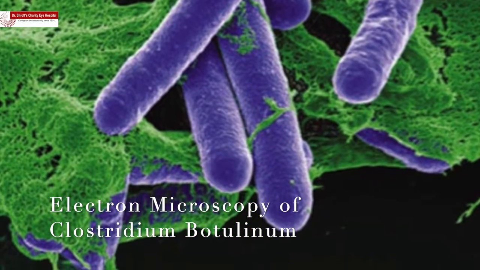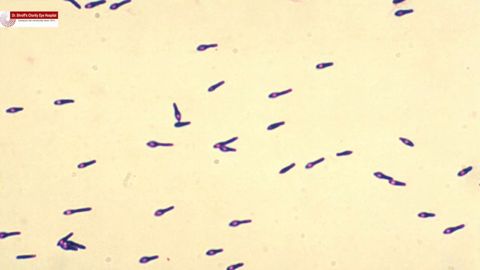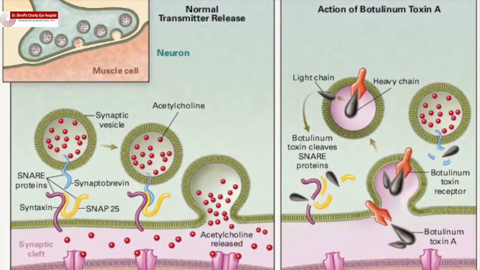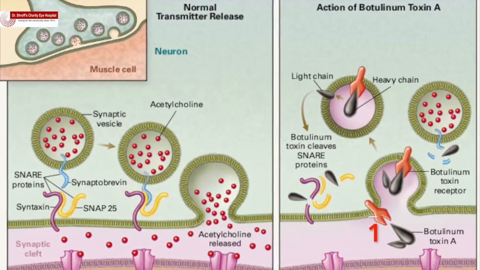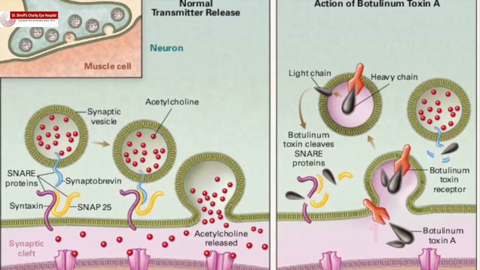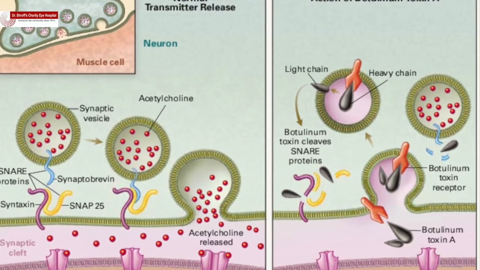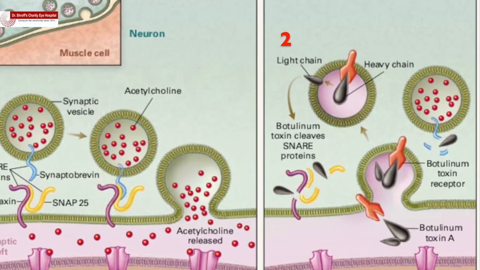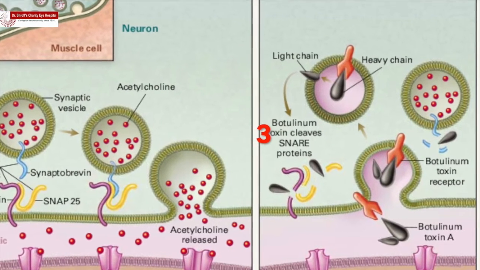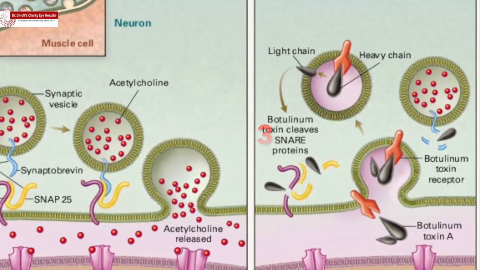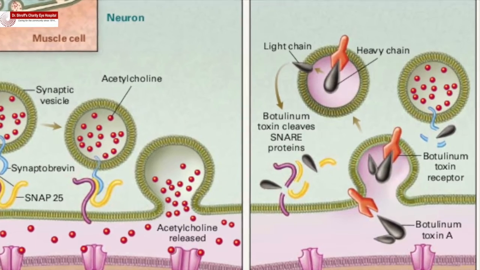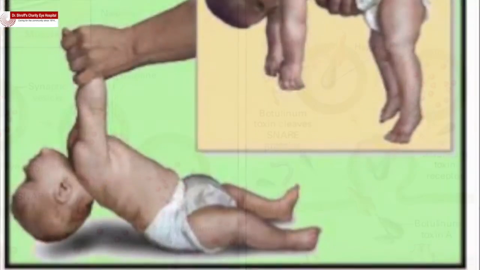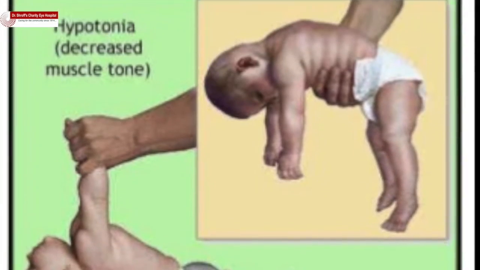It is derived from a gram-negative anaerobic bacteria, Clostridium botulinum. The toxin has 3 domains. The first domain binds to receptors at nerve terminal. The vesicle enters the nerve terminal by endocytosis. The second domain helps the toxin enter the cytoplasm, and the third domain acts as an enzyme which cleaves the SNARE proteins required to dock the vesicle on neuromuscular junction for exocytosis of acetylcholine. This results in flaccid paralysis of the muscle.